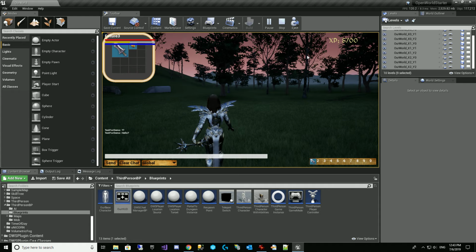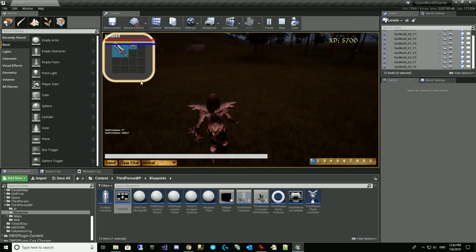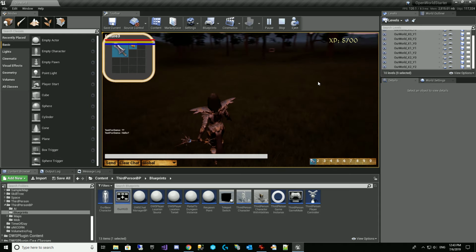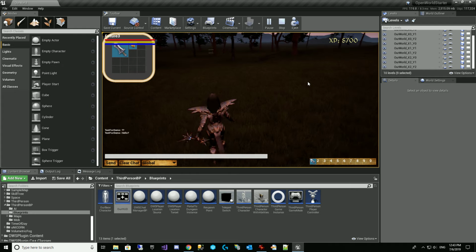And there we go. An interesting point here, I think I made this in the last video, but HUD always draws under UMG. Because the UMG is not part of the main game loop, it's just added on at the end as an overlay. So there's no way to make the HUD draw on top of the UMG. That's why it's drawing underneath the UMG there. Okay, let's go and